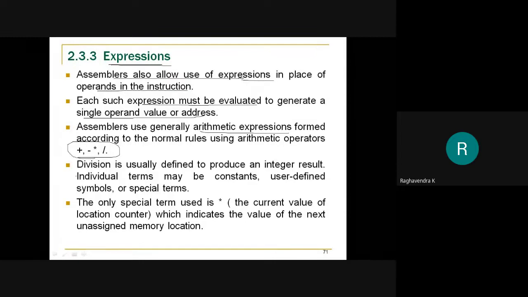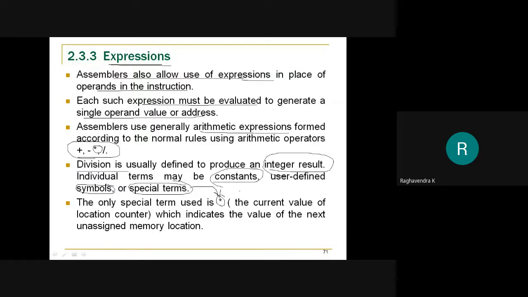Of course, when you're using division, you should ensure that it gives you integer results. Whatever terms you are using in the expression can be constants, or symbols, or special terms. Now when it comes to special terms, the only special term that you are allowed to use is star. Now this is completely different from the star in arithmetic.